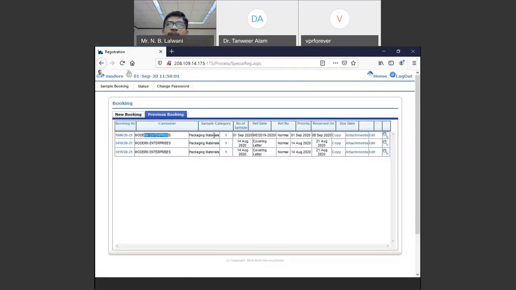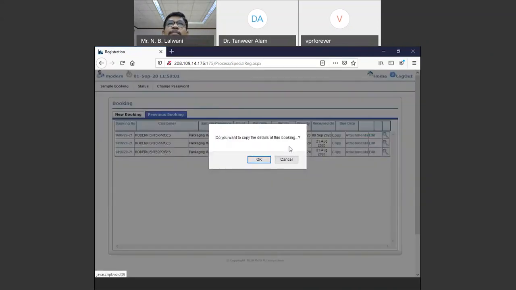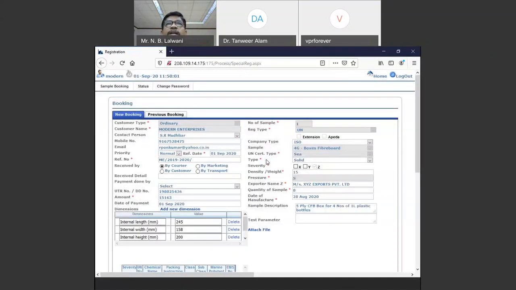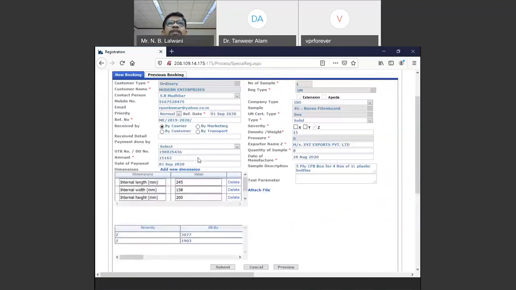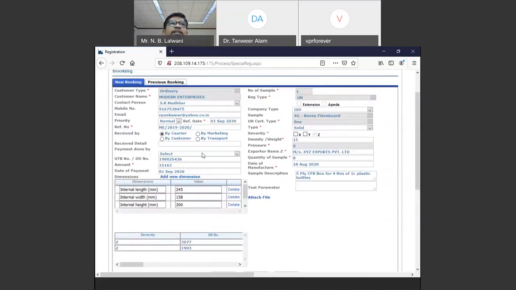See, this certificate you have received, that is why I told you that you can make some references. So this reference number you took last year, and you want to have the same certificate as the certificate is expired, you want to apply for the fresh certificate. What you can do is just click on this copy. Once you click on this copy and okay, whatever data you have entered earlier, even the chemical data, everything will come filled in. You don't have to do anything.